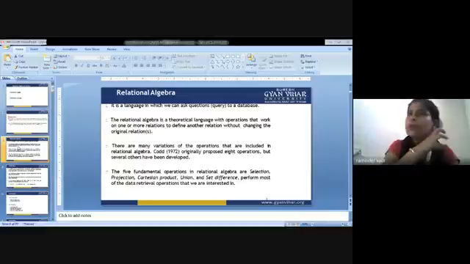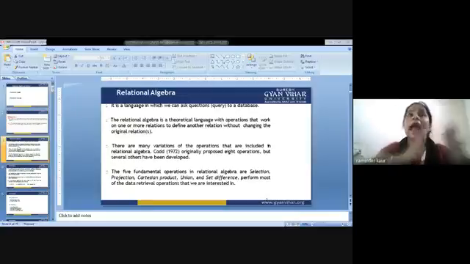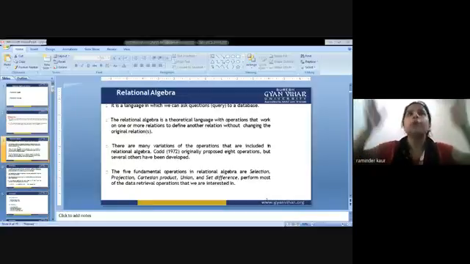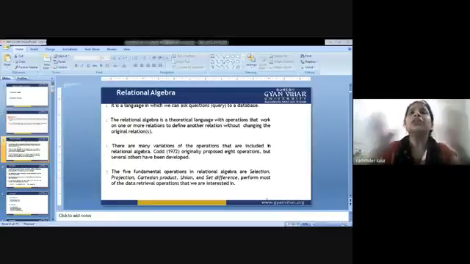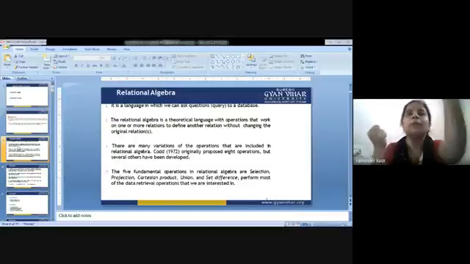So we are supposed to arrange that data in the form of a theoretical language, and we are supposed to perform various operations. And, or, not, I am taking the basic example, and that and, or, not will work on one or two tables, or the relations that are already defined between the two tables, so that we can fetch particular details from those tables without changing the base table.